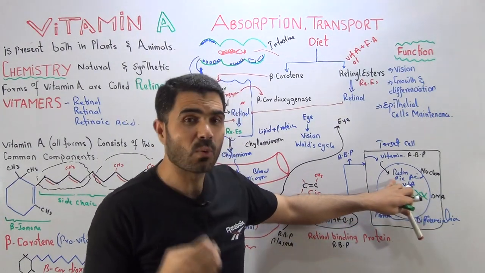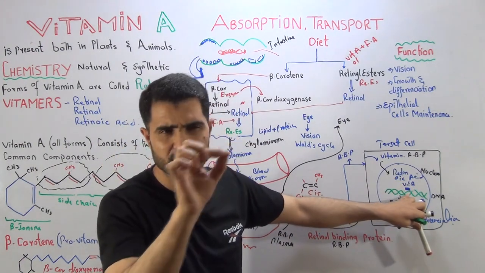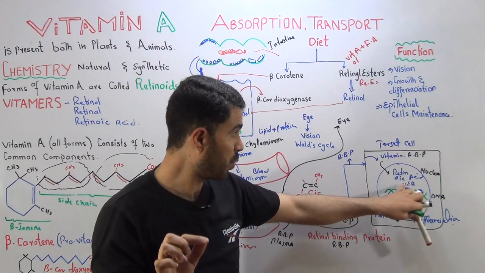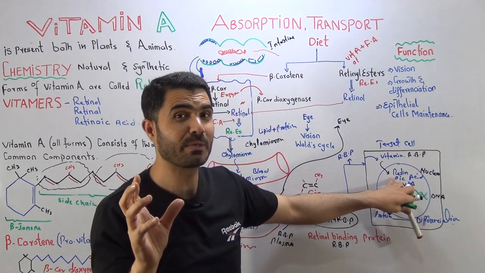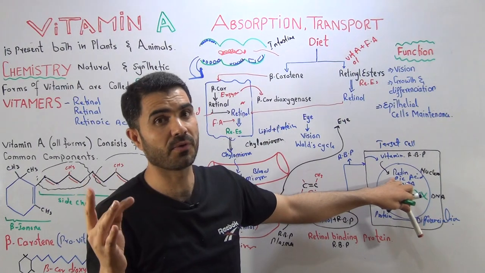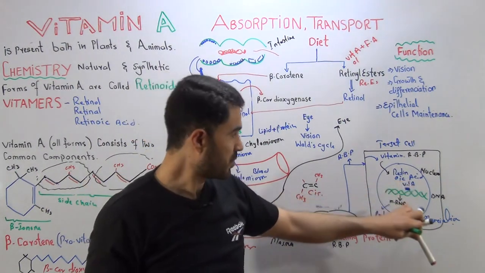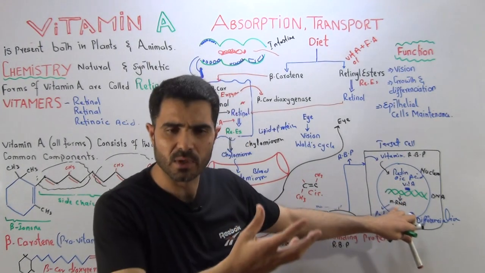So when the vitamin A attaches at the DNA at a specific site, which form of vitamin A? This is really something to know. Either retinol, or retinoic acid. So keep in mind, this is a retinoic acid. So it's attached to the DNA and it will